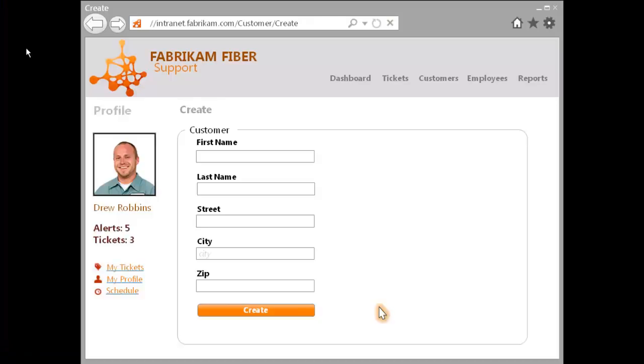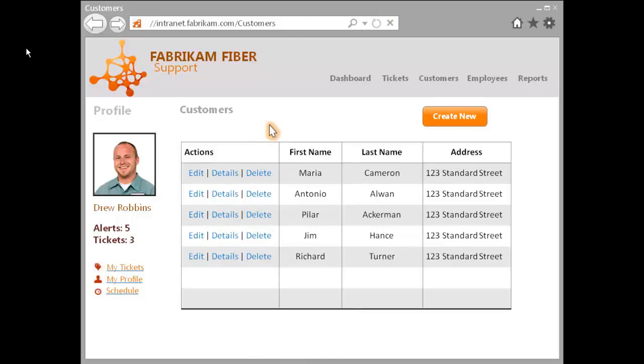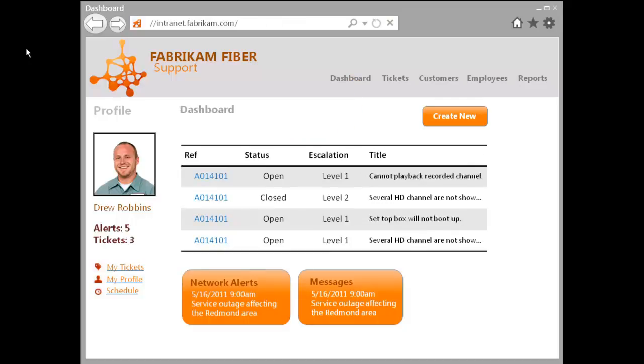The storyboard provides the look and feel for certain parts of the web application and Windows Phone 7 app, while animations are used to show the user interactions. Let's go through it. Here the service representative is adding a new customer. Then he's navigating to the dashboard to see all the tickets assigned to him and their status,